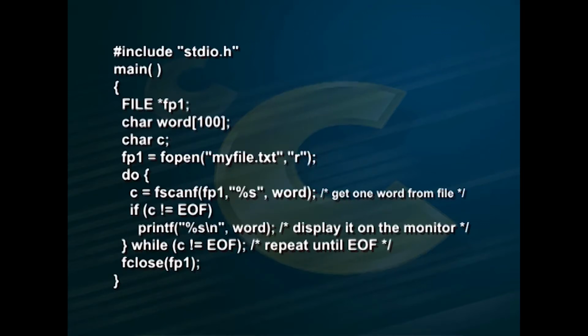#include <stdio.h> main() { FILE *fp1; char word[100]; char c; fp1 = fopen("myfile.txt", "r"); do { c = fscanf(fp1, "%s", word); if (c != EOF) printf("%s\n", word); } while (c != EOF); fclose(fp1);